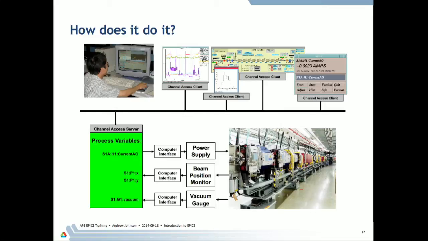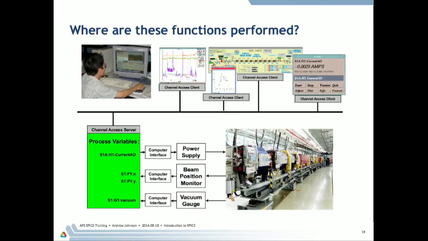They provide the name of the process variable they want to see, and then can access the current value and can make changes for those channels that they're allowed to, and so on. So that list of functions that we talked about,